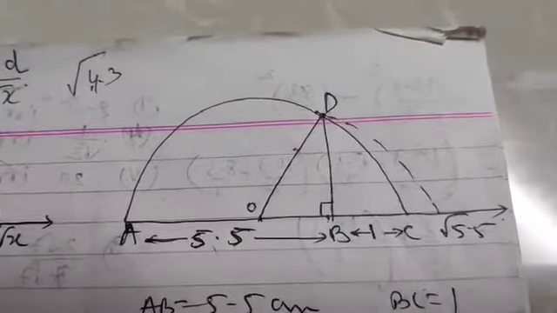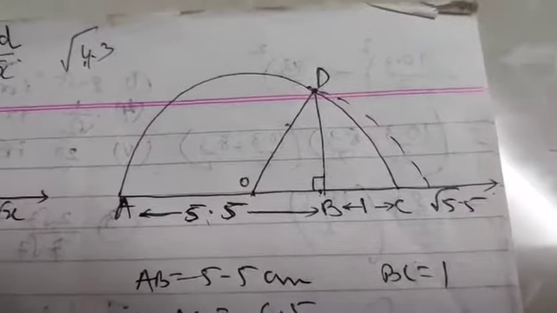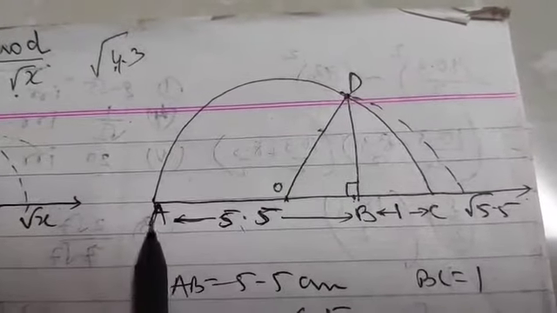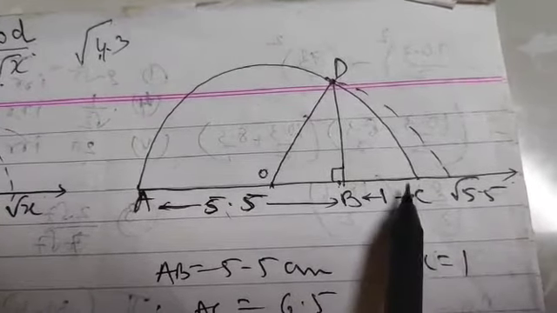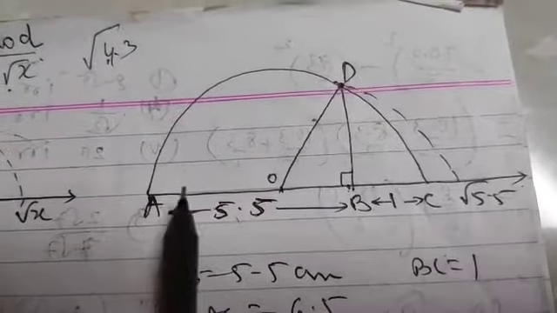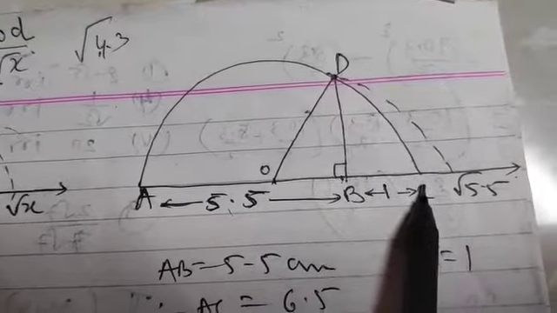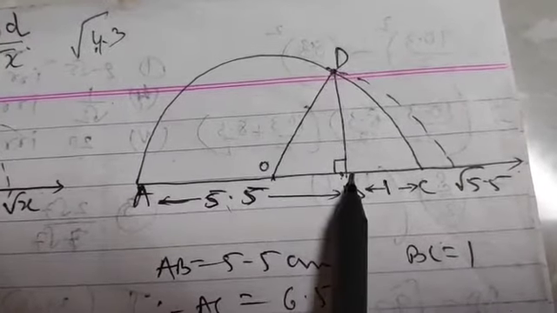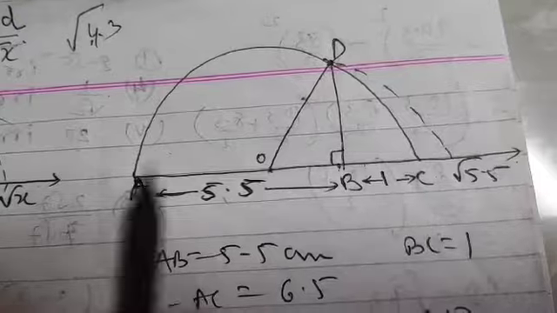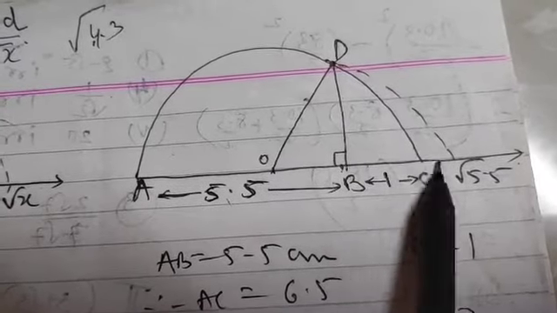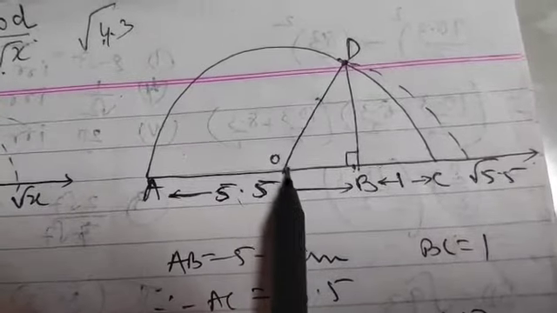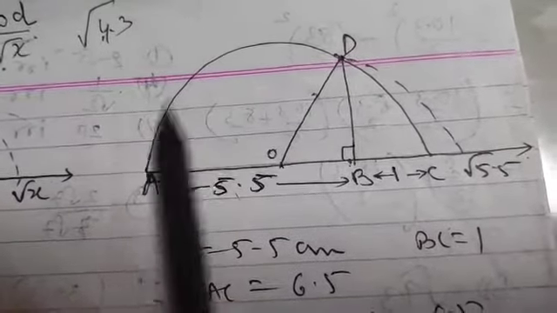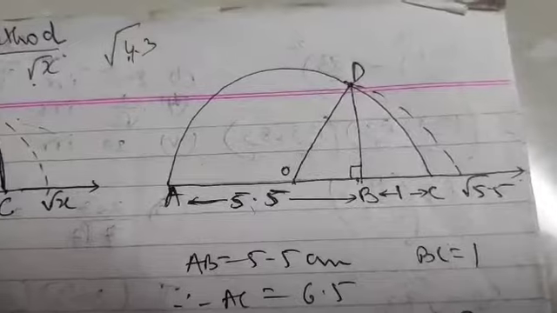Now with a numerical value, let us see. Suppose you have to mark root 5.5. So for that, what should you do? Take the distance 5.5, which is given as AB. 1 centimeter more to it, that will be BC. So together AC will be 6.5. Correct? AB is 5.5 here drawn. Then BC 1 more centimeter. So total AC will be 6.5. Half of 6.5 will be the point O. Isn't it? Now with center O and radius AO, you draw a semicircle which will touch at C.